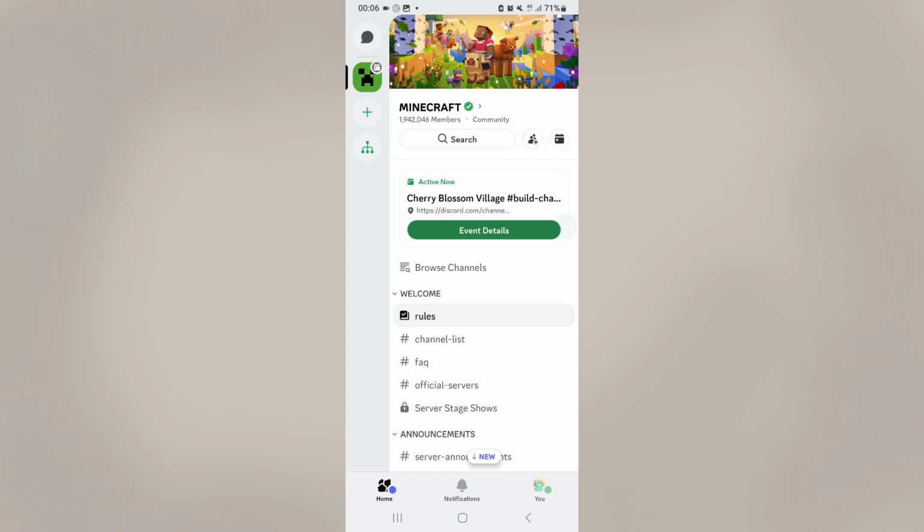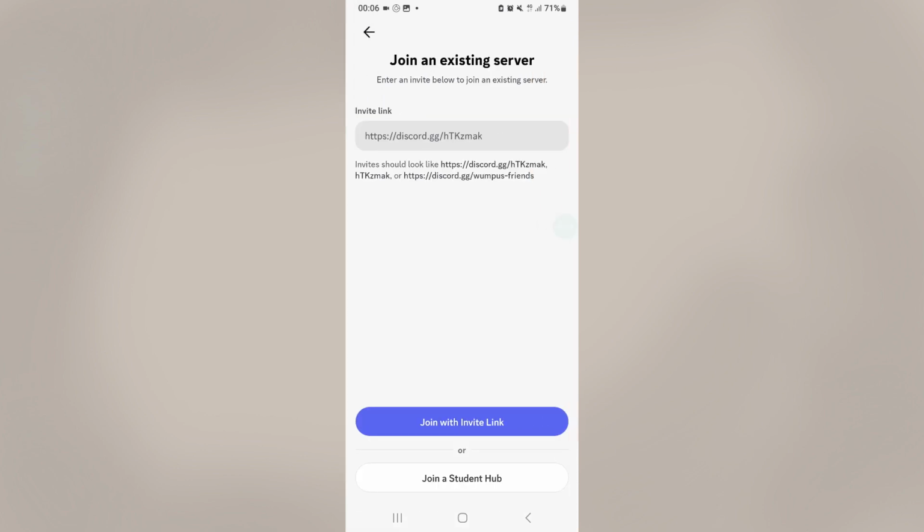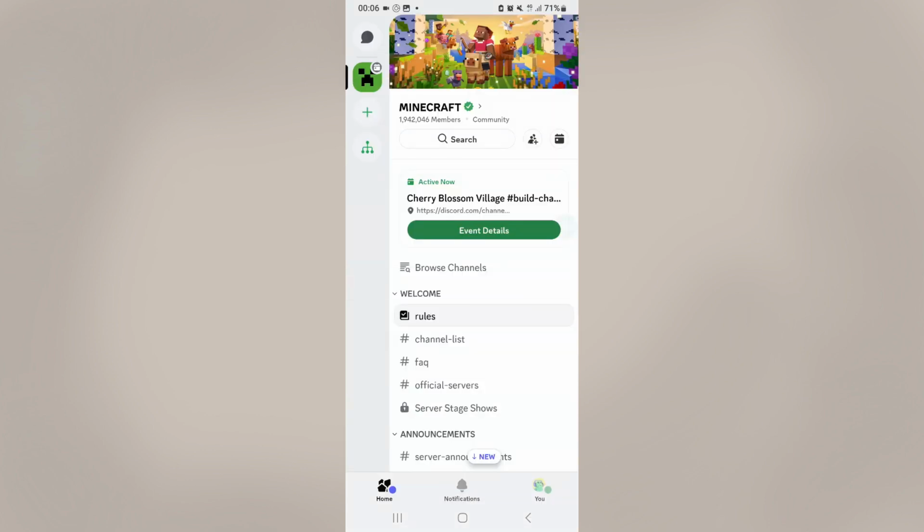Here's how you can easily join a Discord server. First up, click on this plus icon right over here, and then click on the join a server option. And you can easily join a server by simply inserting the invite link and then click on the join with invite link option. Or alternatively, if you don't have an invite link, you can easily go over to your Chrome